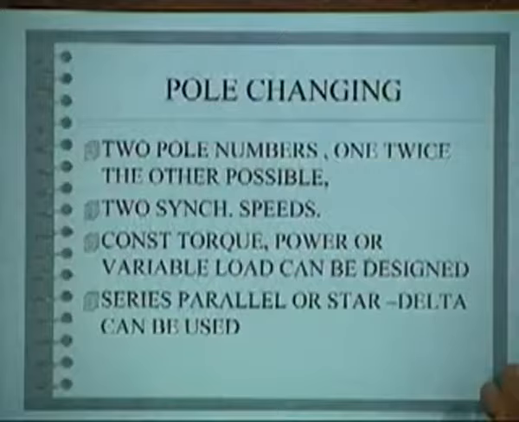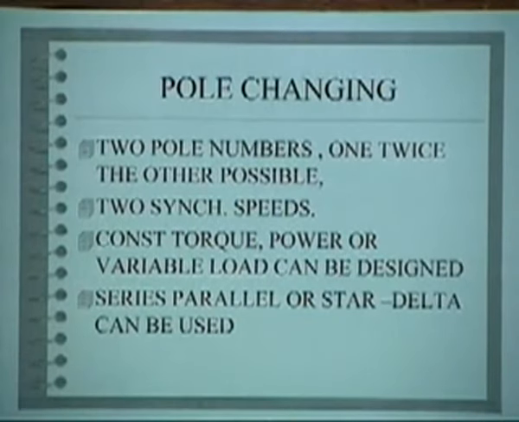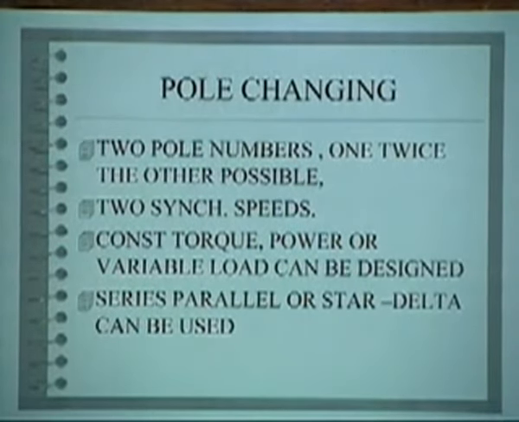Next we go to pole changing. Now you are given the motor. After you have purchased the motor, you can't change the poles for which it is already wound, because this has to be given to you by the manufacturer. He must somehow allow you some switch at the terminal. If you put one side, it must give you one pole, another side it will give you another pole. But you can't have several switches for several poles. It is not practicable. So it is mostly a two-pole-number arrangement.